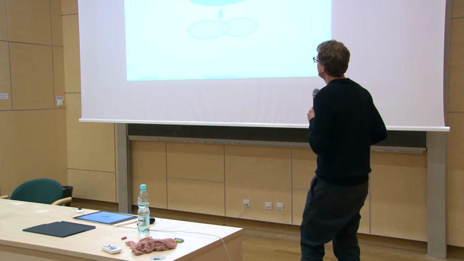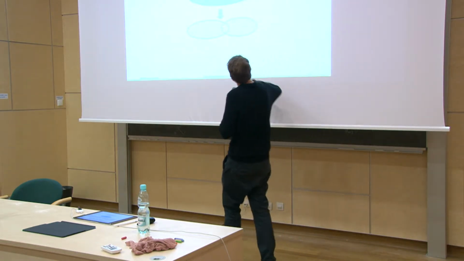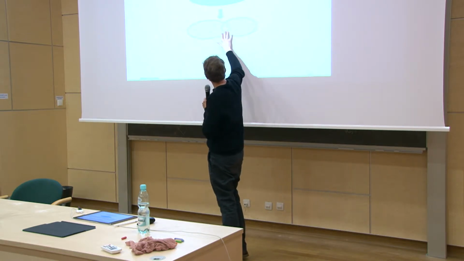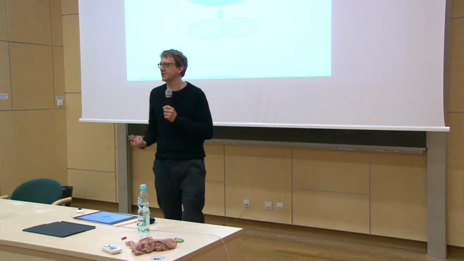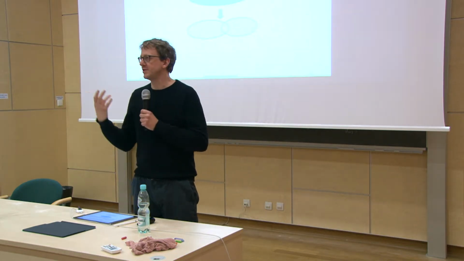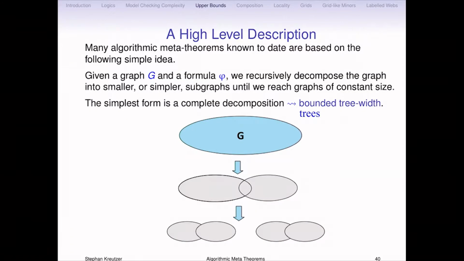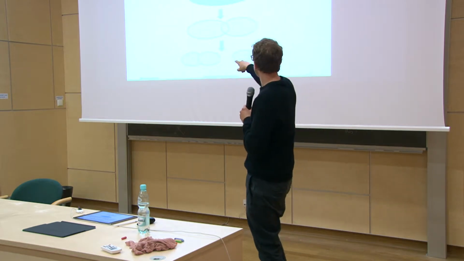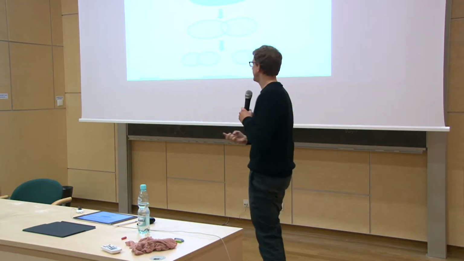And a simple type of decomposition is the first one I want to study. This happens when your graph is a big graph, but it looks like this. So we have 2 subgraphs and they overlap only a little. Yeah? There's not a big overlap. So I can decompose them into 2 subgraphs, and then maybe I can do this again. And if I find that this subgraph actually has 2 big subgraphs with a small overlap, I can go on. And one particularly nice class of graphs is those which you can completely decompose in this fashion up to the point where these things become constant size. And on constant size you can do whatever you want.